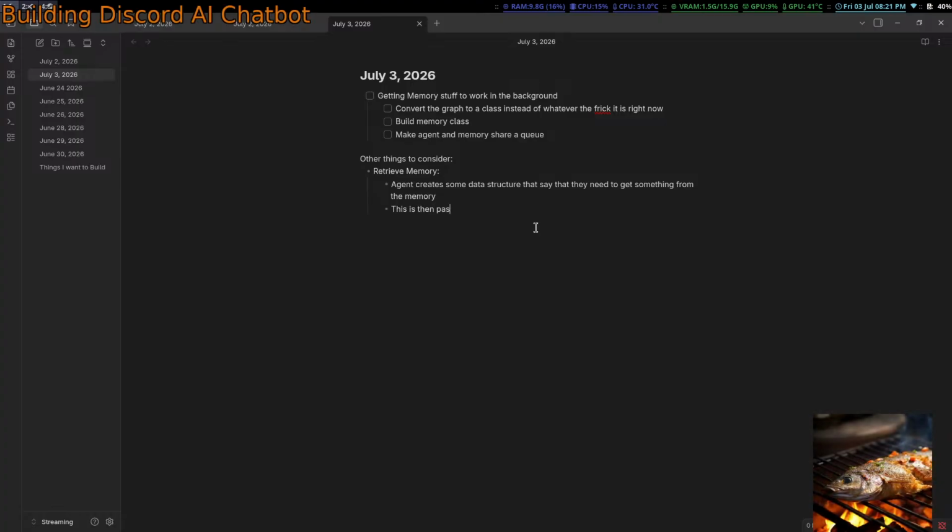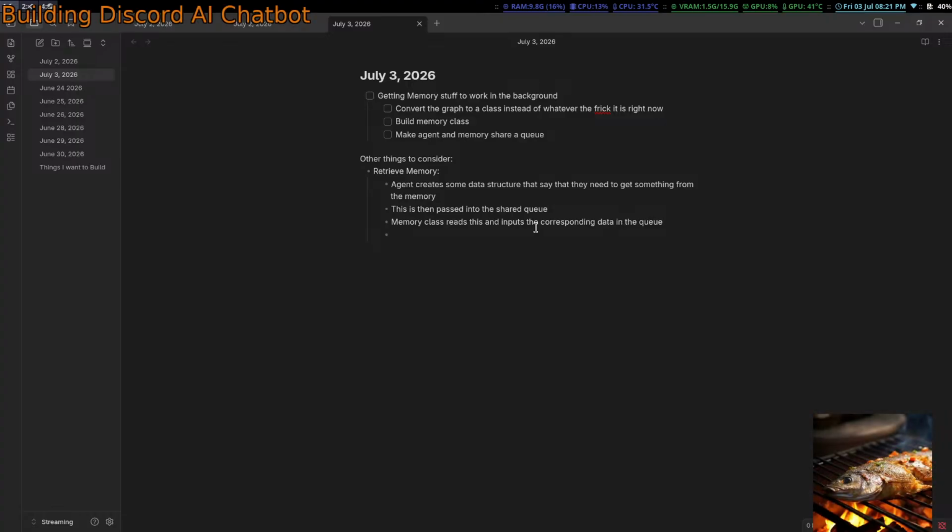This is then passed into the shared queue. Memory class reads this and inputs the corresponding data in the queue.